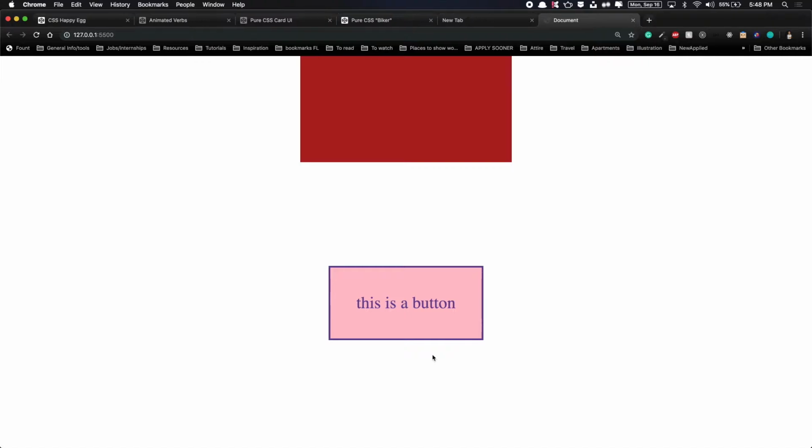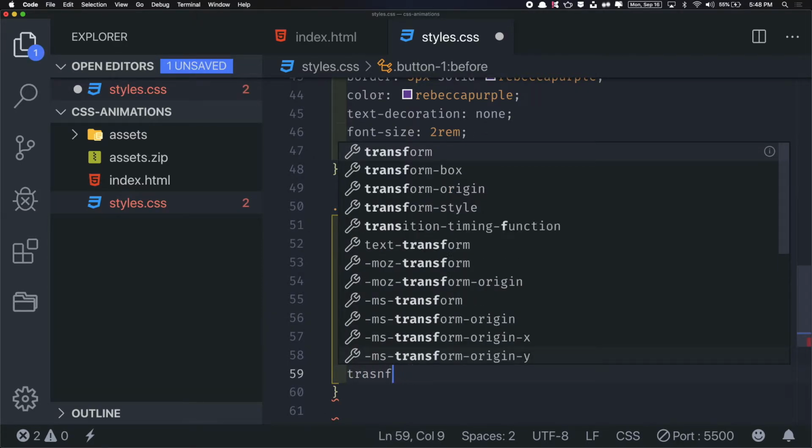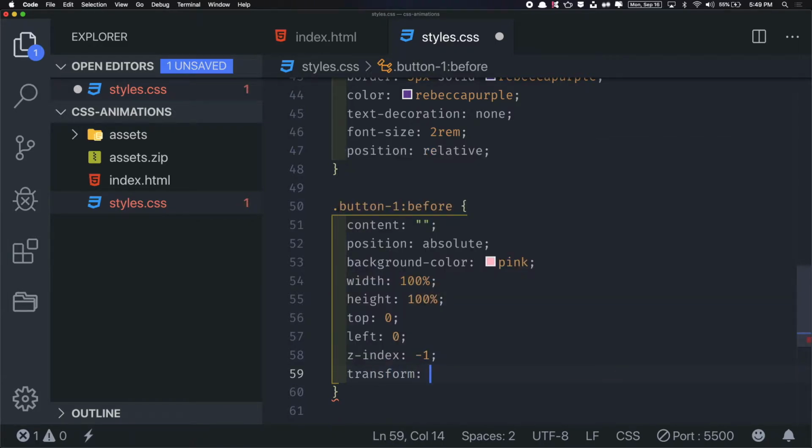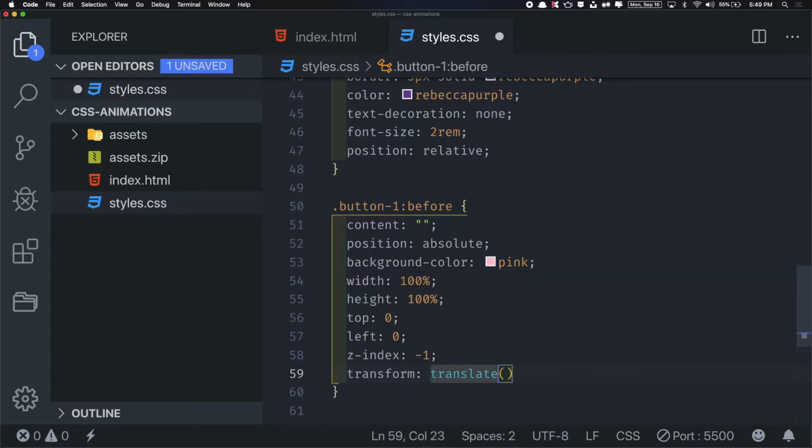Cool. So now that we got that there, right? This is the box that I'm going to make slide in on hover. So since I'm going to make it slide in on hover, this is not where I want it to start. I actually want it to start off to the side, right? So we learned this a little while ago. So how can I move something? So what I'm going to do is I'm going to go back to my transform, and then translate on the x-axis